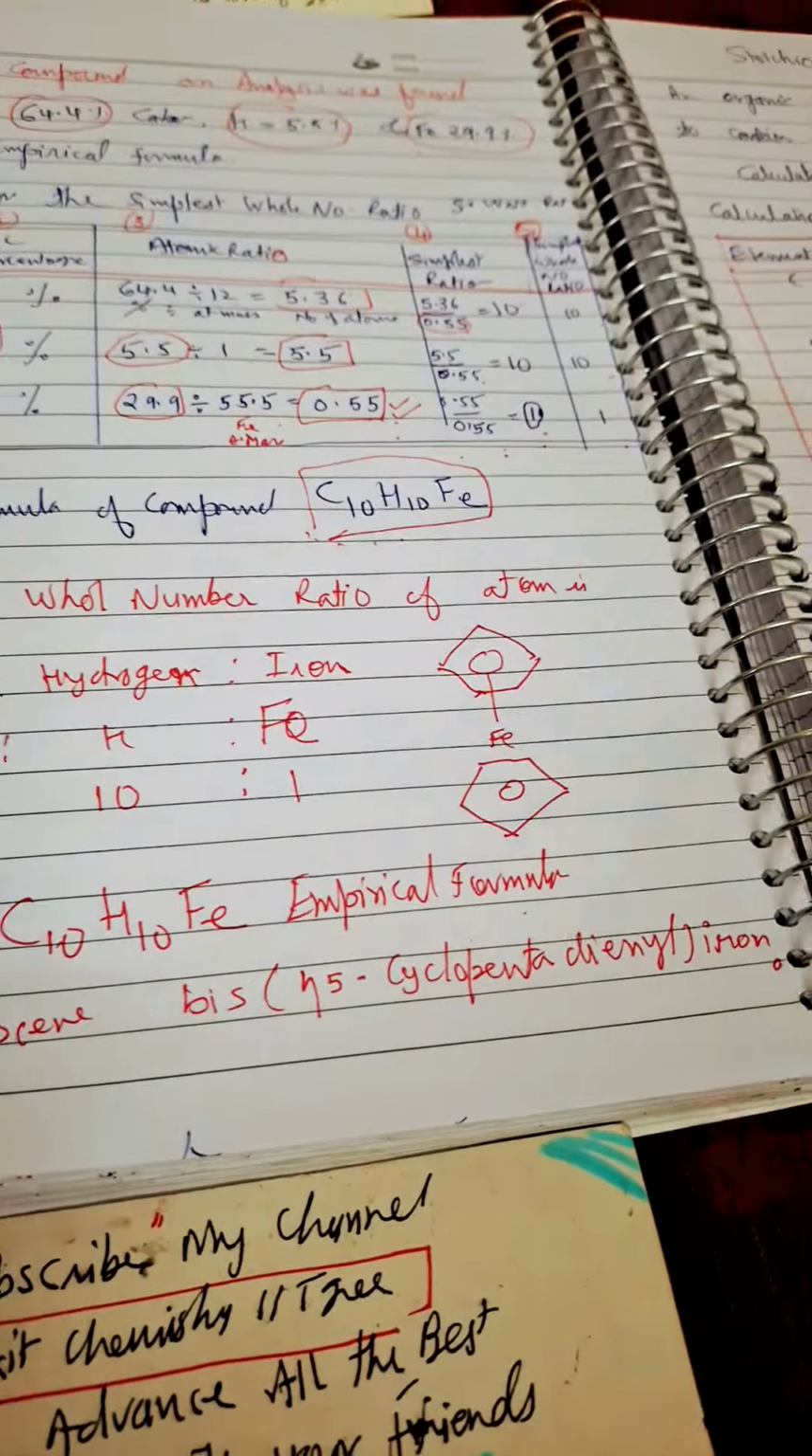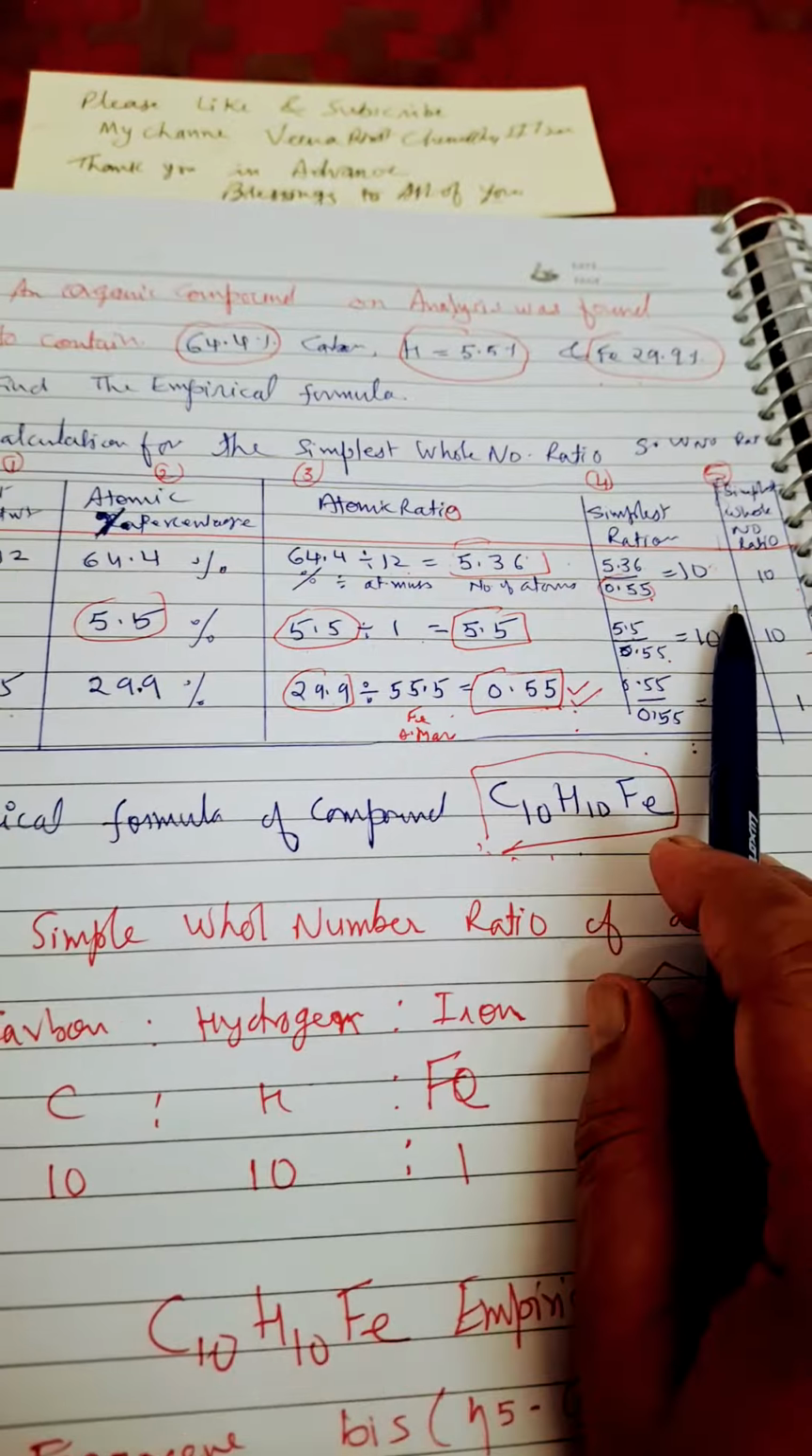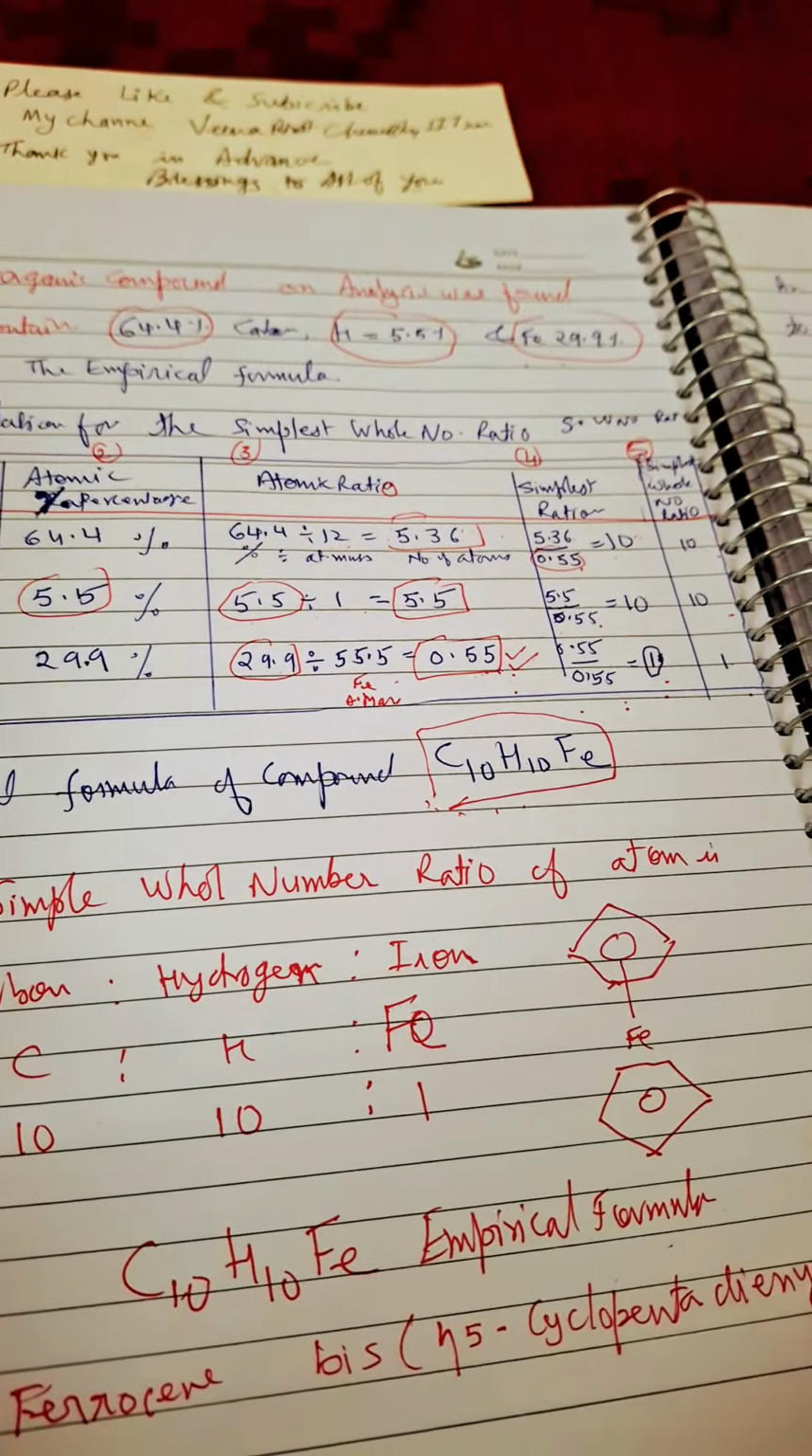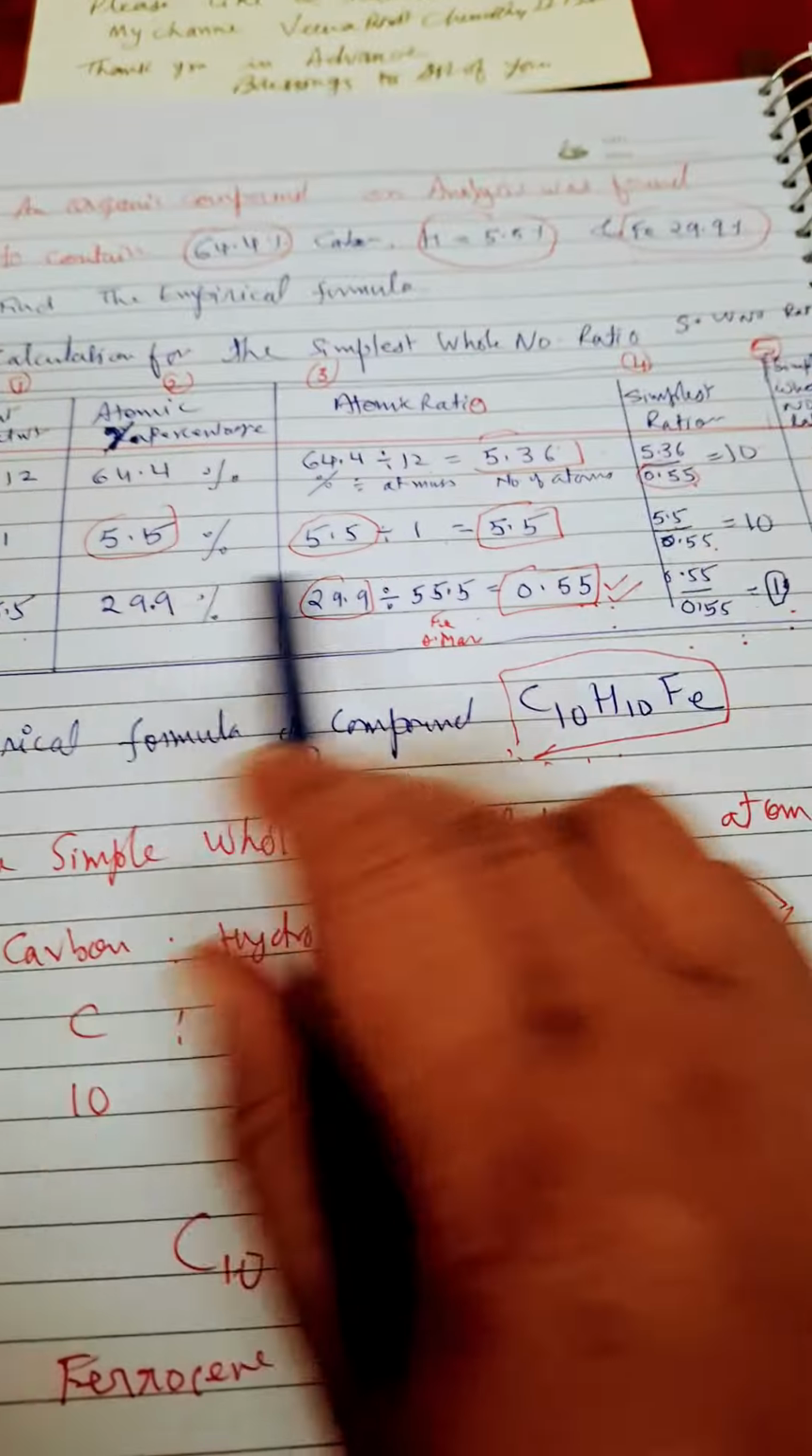For example, here see, this is for the ferrocene I discussed earlier. So these 5 points which I told you, I have written here in the form of a table, those points